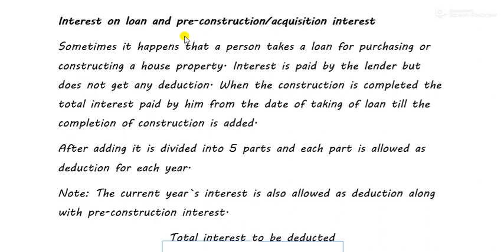Now, from 2020 he will calculate his income from house property, because that is the year he has given the house for let out, right? When he gives the house property for let out, then interest on loan will be allowed to him, right? Because he had taken a loan in 2015. So understand with this: